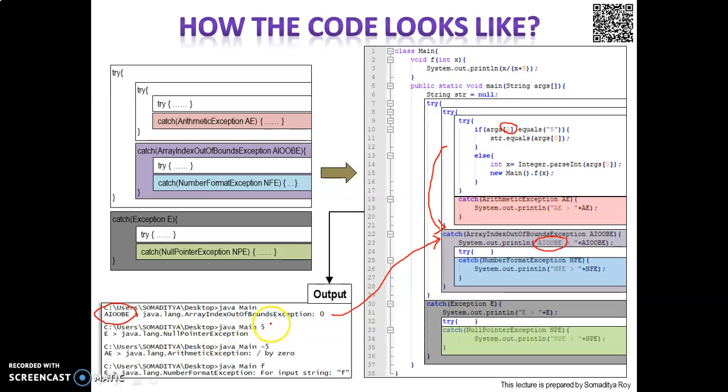But for the second, when we send 5, it will try to do this comparison, and there is an exception, but it's not able to be handled here, and not here. So finally this exception goes here. So this null pointer exception is handled in this catch block. For AE or arithmetic exception, it's very much able to be handled at this catch block, and similarly for F, it will again go to this outermost catch block. So this is